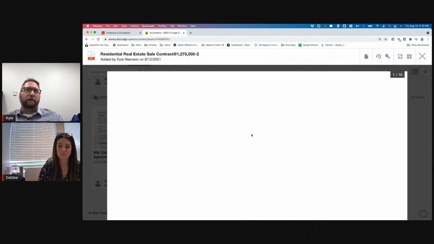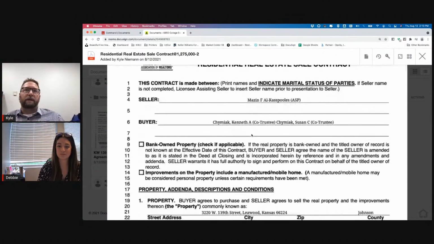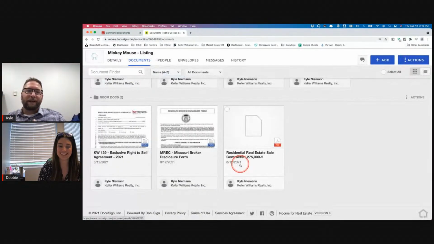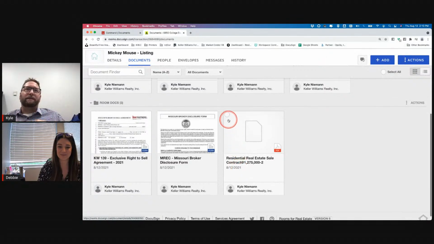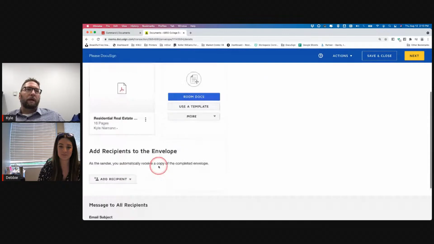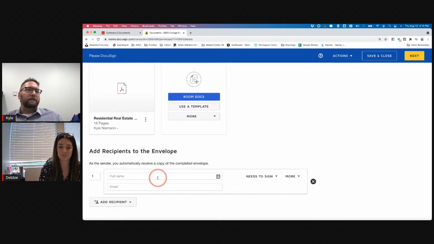I can open it up, and you're not going to have any initial spots. So I'm not sure what that one's for, so I don't want to show too much. But now I could select this, put it in an envelope, and because it's not a form, there's not the pre-tagged roles there. So in this case, I would need to just add my clients' email addresses and enter them super